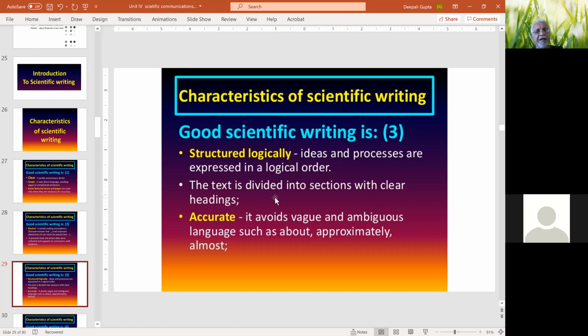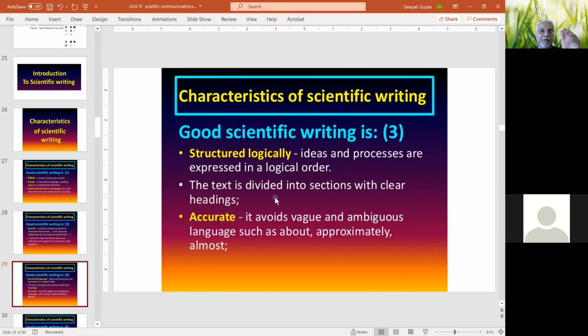For example, if you look at a research paper, you have a title, an abstract, an introduction, materials and methods, results, discussion, and then references and acknowledgement. So it is structured material, where the information is divided into different heads, and each head has a specific purpose.